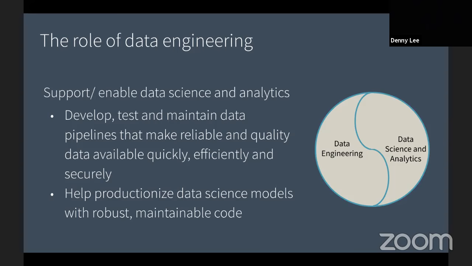So you have very reliable, quality data quickly, efficiently, and securely. That's what you need. You need reliable data lakes. We're going to talk about data lakes shortly, but the concept is that whatever data source your data scientists are going to work with, it needs to be reliable. And this becomes of paramount importance in order to have successful data science projects.